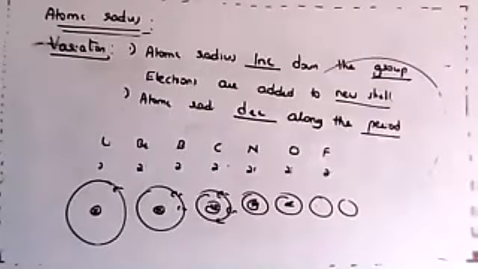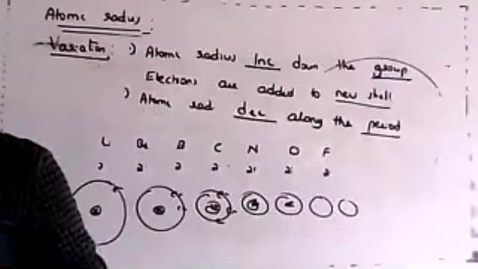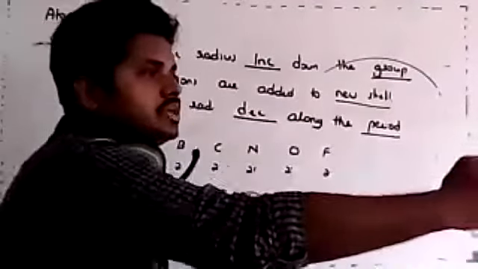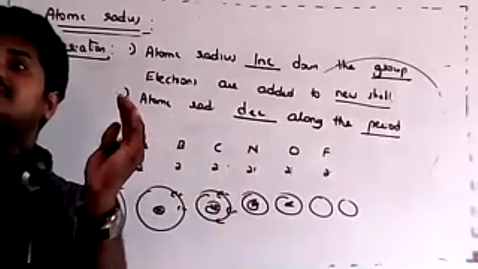Got it? The attracting power of the nucleus increases. So with the same shell electrons, it is attracting more powerfully now. So electrons will come close. If electrons come closer, what does it indicate?